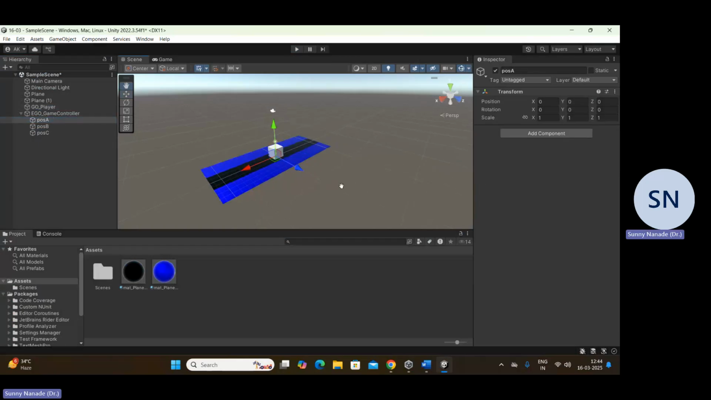Position A, okay, for position A I move it to -9, 0 and 3.4. Getting it or not getting it? ऊपर कितना लेके जाना है? How much up do you want to move this? क्यूब कितने का था? 2। ऊपर कितना लेके जाना होगा इसको? 1।